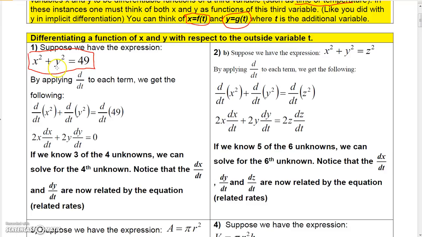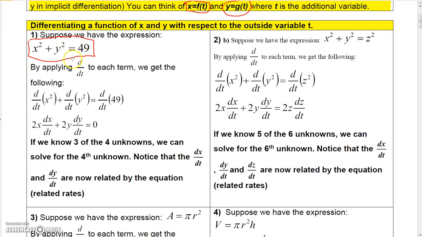x squared plus y squared equals 49. So therefore, that's how x and y are related. Now, we could take the derivative of each of these terms with respect to that third variable, t. So basically we would take the derivative of x squared with respect to t, the derivative of y squared with respect to t, and then the derivative of 49